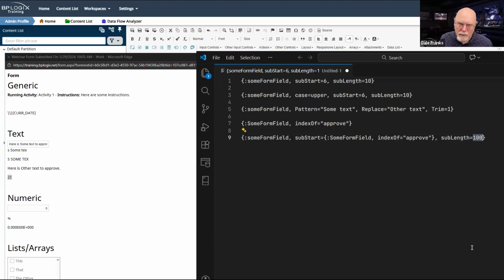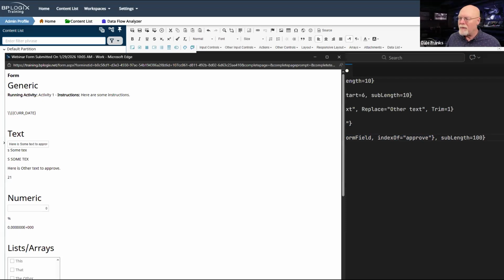And I don't really care where it is because I can always nest my system variables so that I can find the index of the desired text that I want. And once I know that, I can go ahead and do my substring, or I can return the substring that I want of 100 characters, starting with whatever index this returns. So you've got the ability to do some mixing and matching to find and return different sorts of data by using these string modifiers that we have.